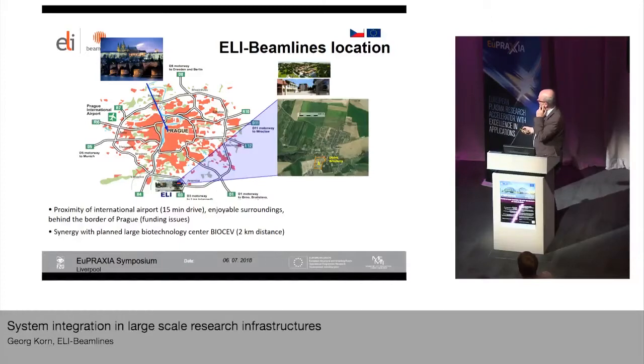That's 15 minutes from the airport, 20 minutes roughly. We are outside Prague. This comes with a funding scheme. The funding scheme, when you use infrastructural funds, then it's 85% EU infrastructural funding and 15% state funding. If you are inside Prague, this reverses. So it made sense to go outside. Just a micrometer, 1 step, 1 micrometer beyond the border was enough, and we found this wonderful place, Dolní Břežany,